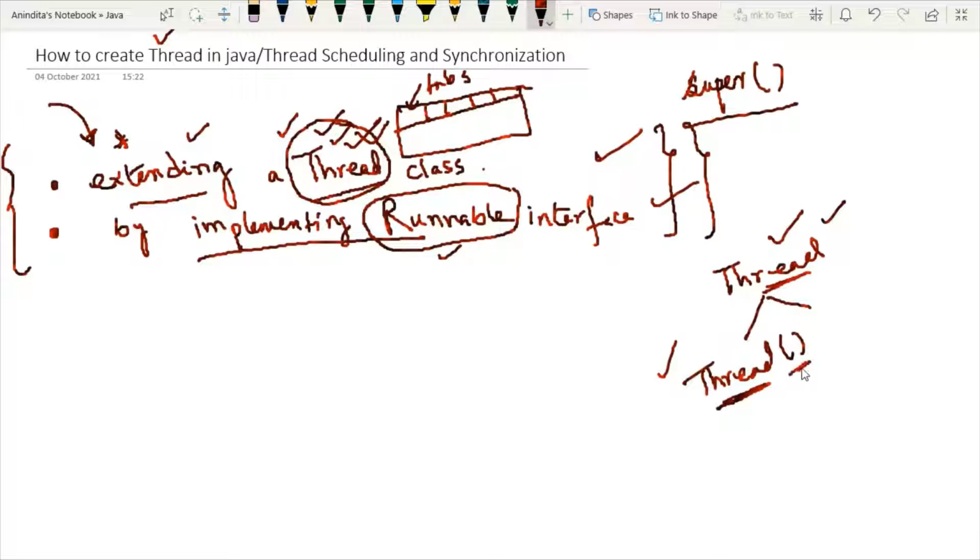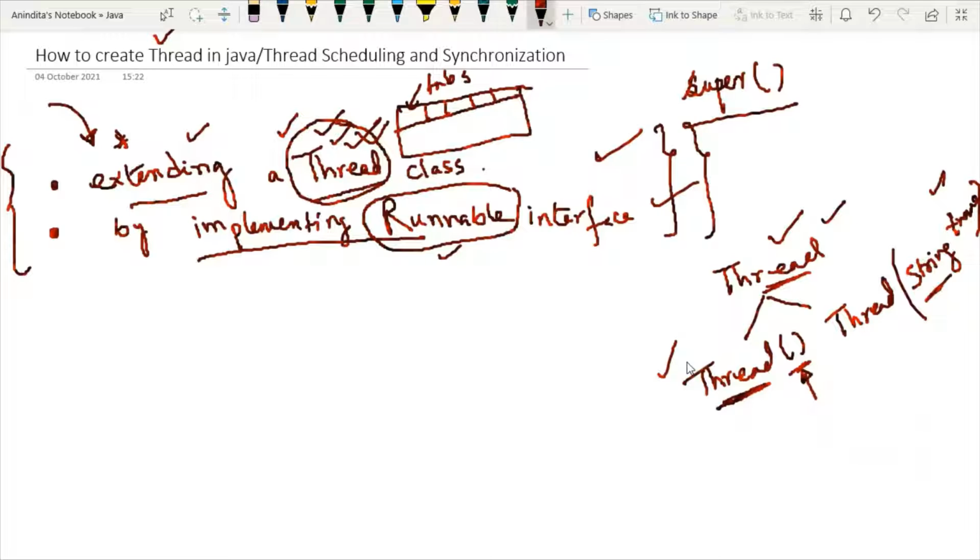Only the syntax of the constructor resembles the method. So this Thread class will have two constructors. One is a Thread constructor with no parameter, and another one is a Thread constructor with a string parameter. Inside this Thread you have one parameter known as tName, and the data type of this parameter is of type String.